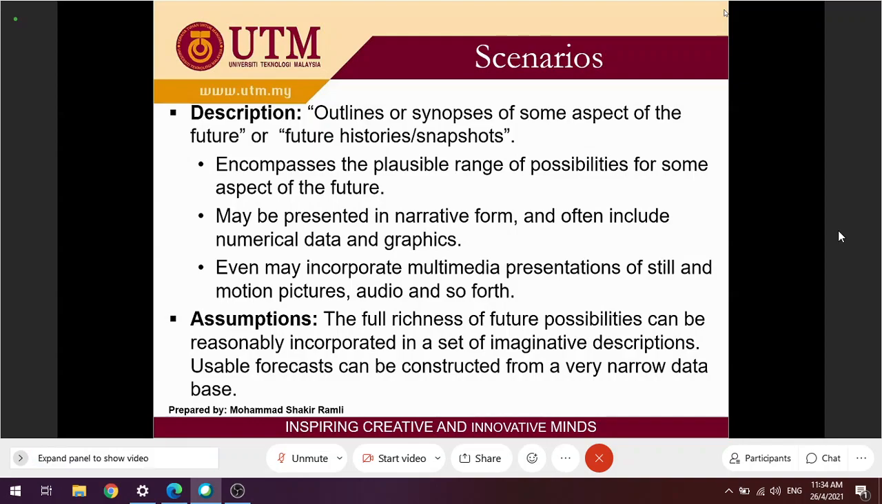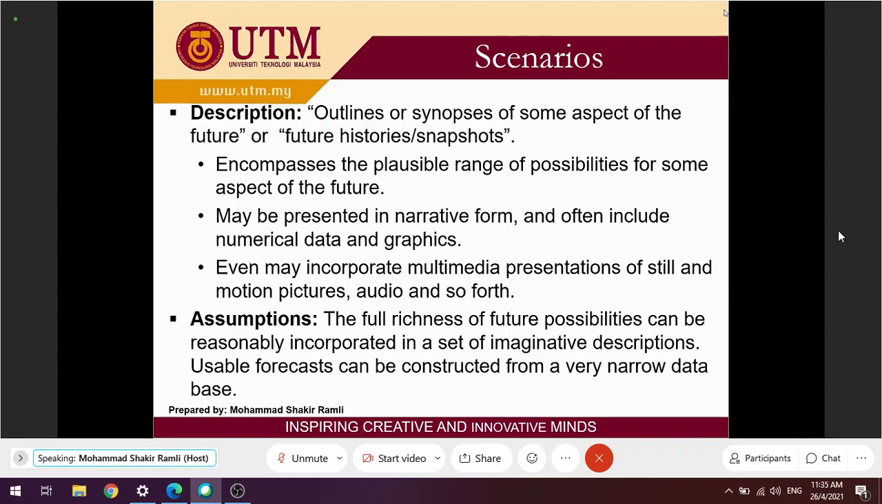Assumption used in scenario building: the full richness of the future can be reasonably incorporated in a set of imaginative directions that can incorporate many aspects, many data, set in a set of imaginative descriptions or narratives, or in graphic motion pictures or still pictures as well. Usable forecasts can be constructed from a very narrow database. This is one of the advantages of scenario because